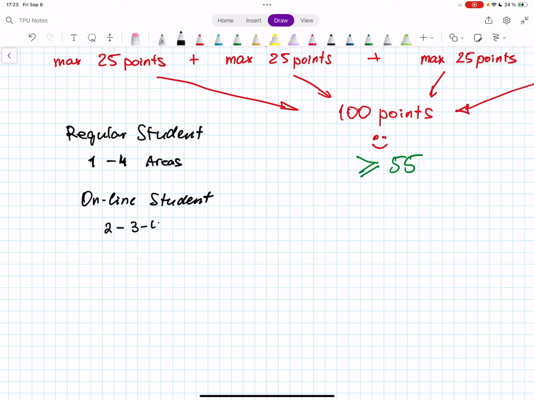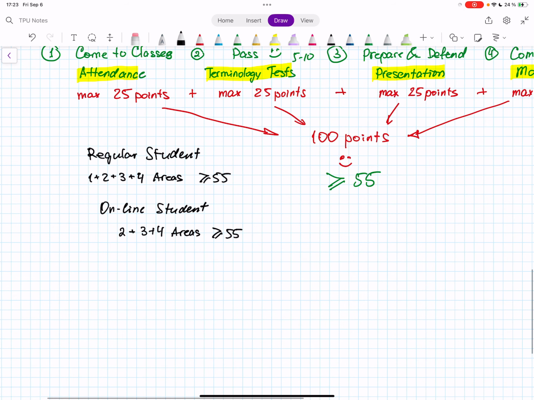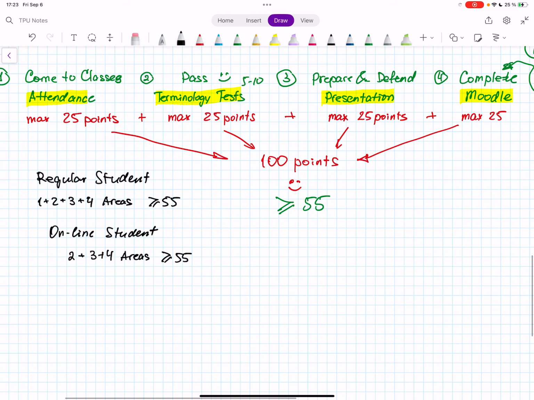So for regular students it is 1 plus 2 plus 3 plus 4, and here it is 2 plus 3 plus 4. Again, get more than 55 points here and more than 55 points here. If you're an online student, I will try to help you.